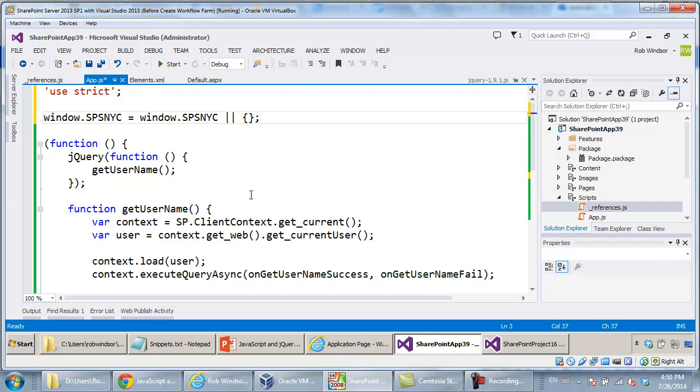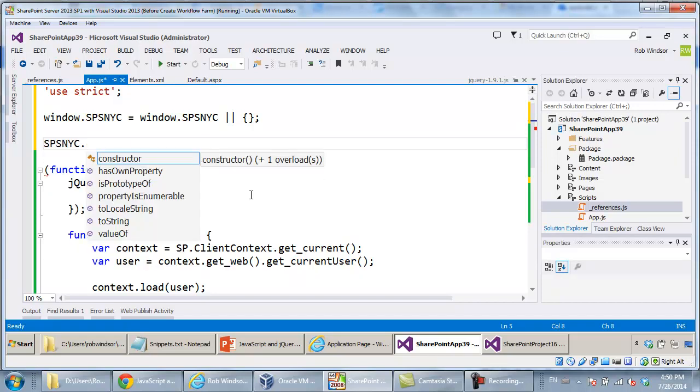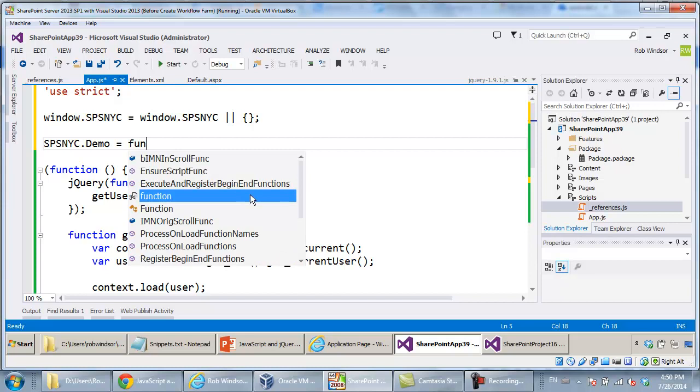Now, what do we mostly put inside of namespaces? We put classes, right? Are there classes inside of JavaScript? Not really. It's object-based, it's not object-oriented. But we can, again, simulate classes, and we do it, in this case, using functions. Right? So what I can do is say here, SPSNYC dot, and let's just call this, I don't know, demo, good enough, is equal to a function